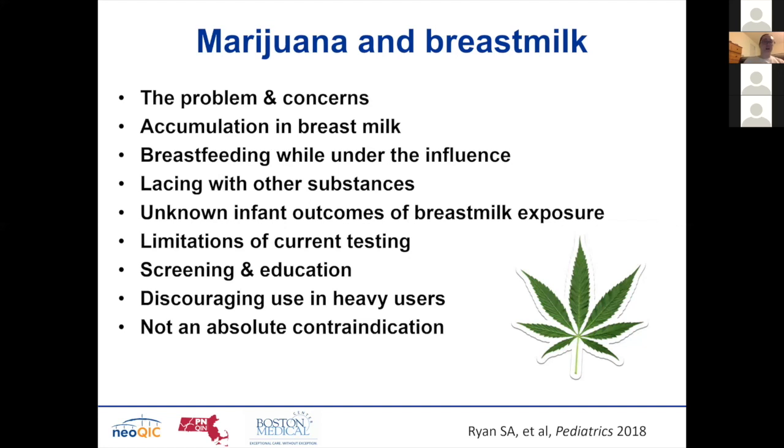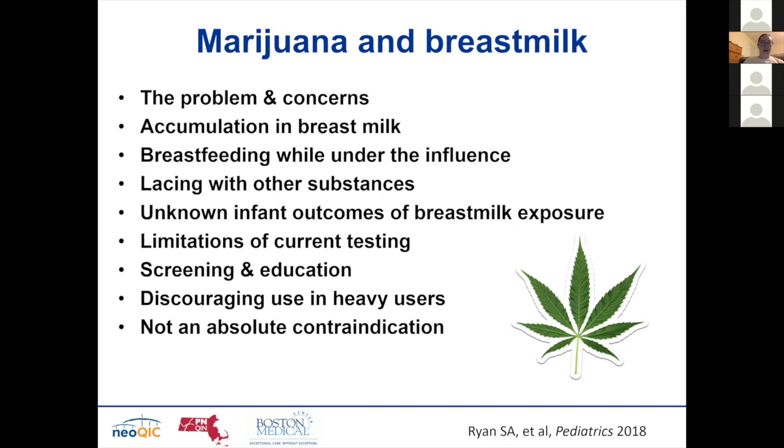And so the other limitation too is about testing. Urine testing can detect use up to 4 weeks prior. So how useful is that at the time of delivery? And so that is another problem. And what are you going to do with that information? And so